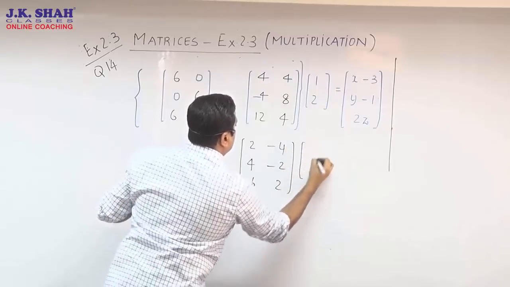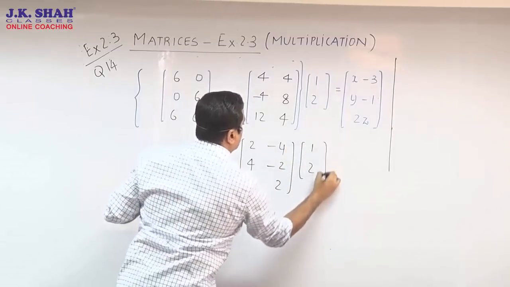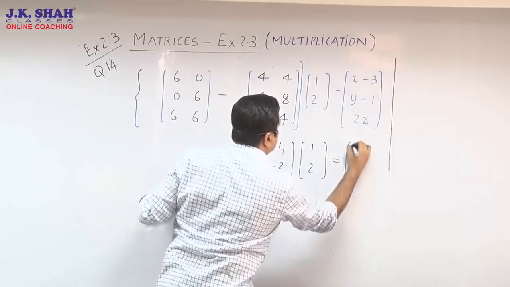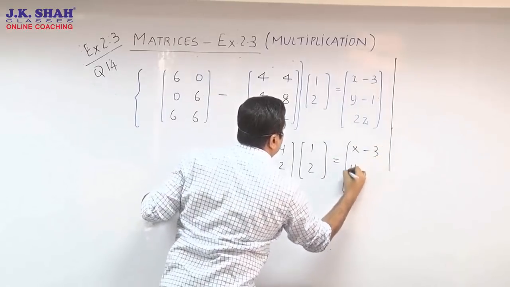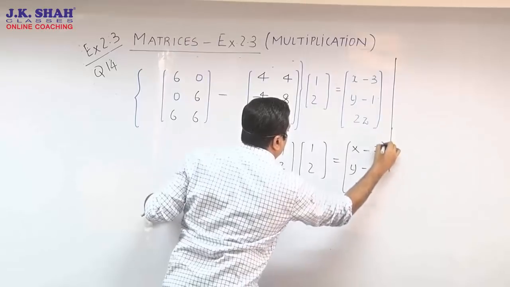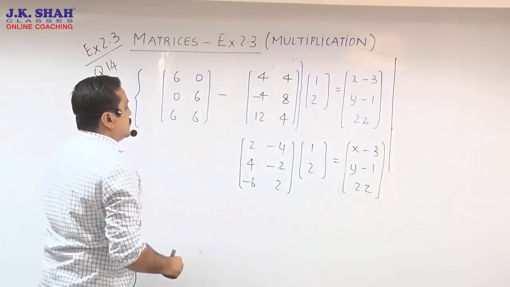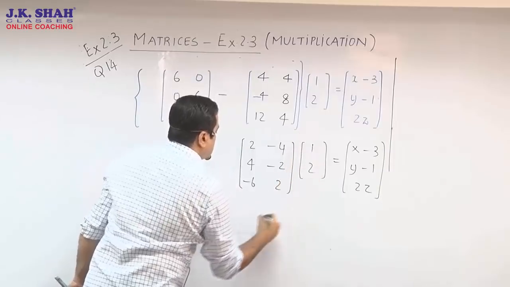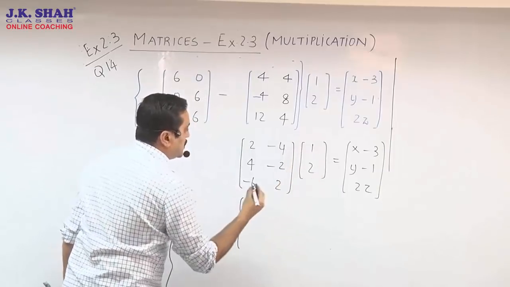And then we need to multiply this matrix with 1 comma 2. Few of you must have finished that also. If you have not, then you know what you're supposed to do. Pause the video, work it out and come back. So going again, we are multiplying R1 with C1, the last step before we equate the elements.